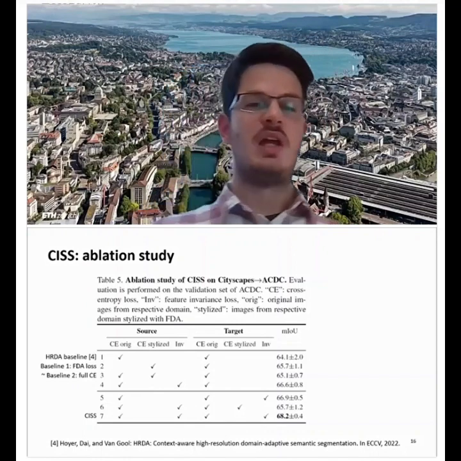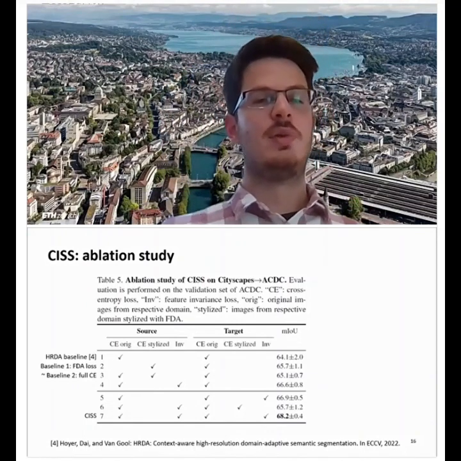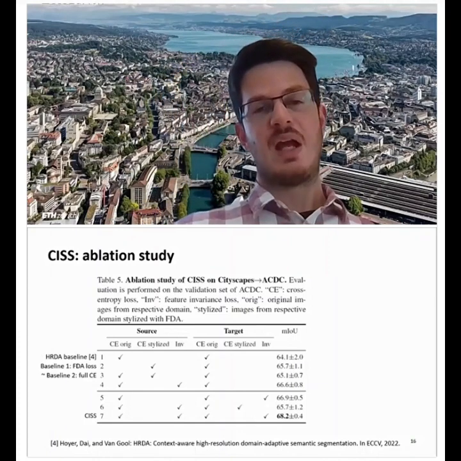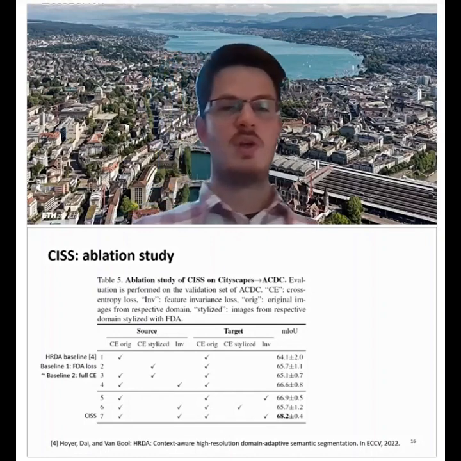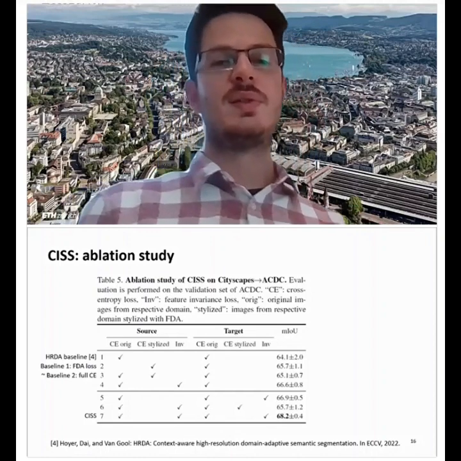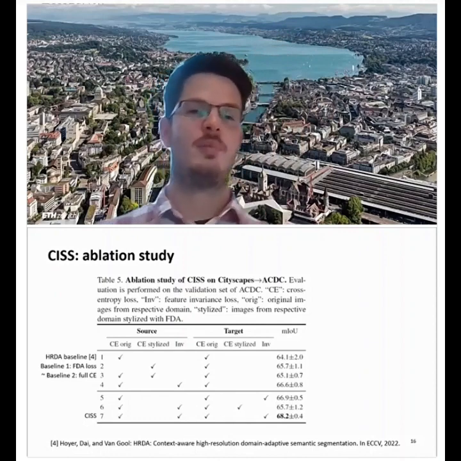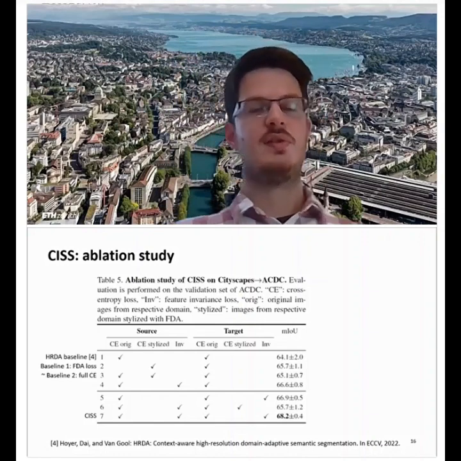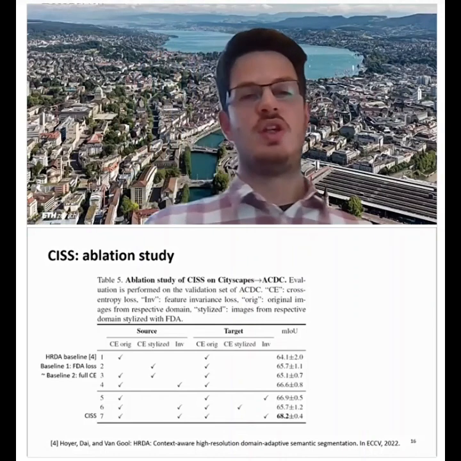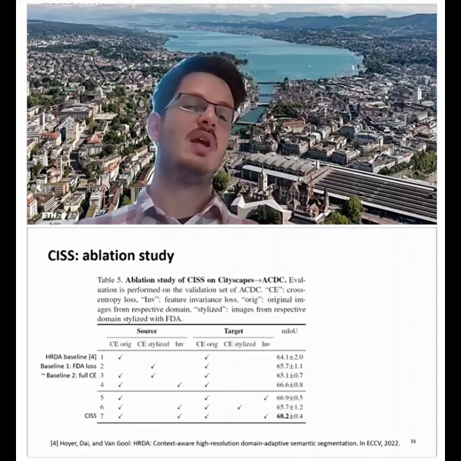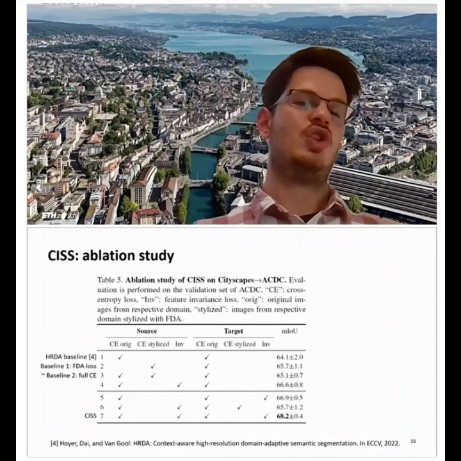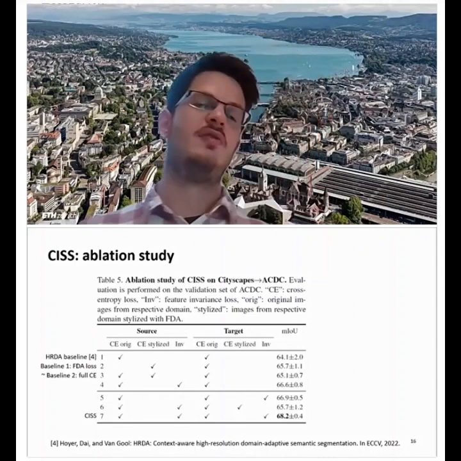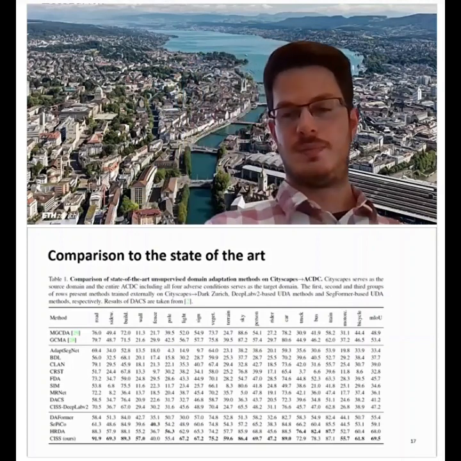And we see the same trend in the target domain. So in the second part of the table, if we only apply our invariance loss in the target domain, we also have a significant boost in performance from the basic baseline, from 64.1 to 66.9. And finally, combining both losses in the source and target domain achieves the best performance. And we see that these two losses actually synergize to give us a significant 4% improvement, with also low variance in the final model performance across different training rounds.